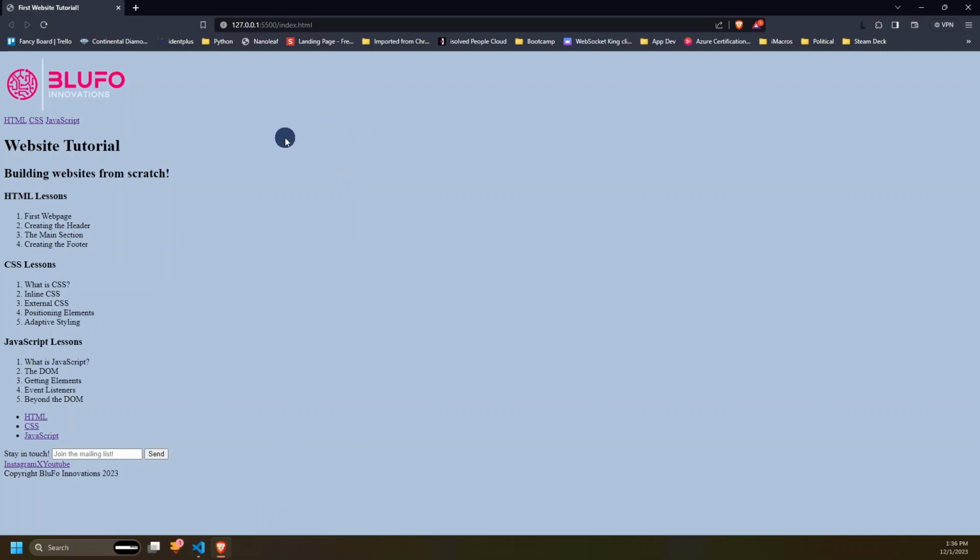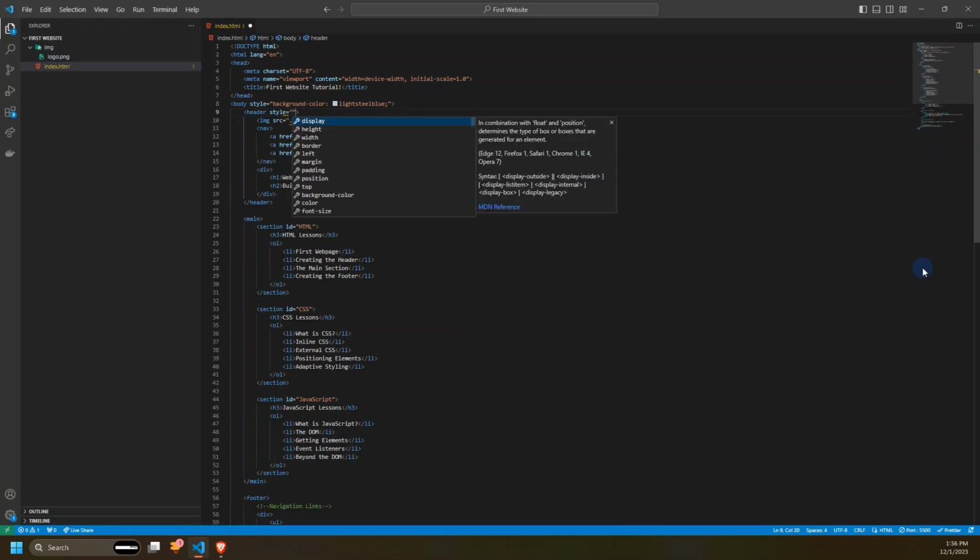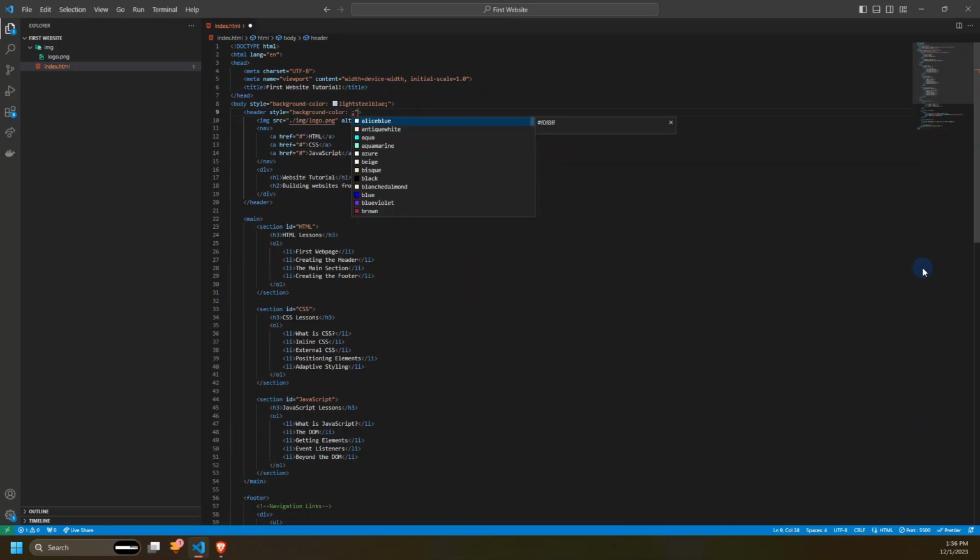So what do we want to do next? Well, I want my header here to really stand out from the rest of the page. So let's try changing the background color of just my header. We'll go back into our HTML document, and this time we're going to apply the style just to the header element. So again, I'll add a style attribute and the background color property, but this time I want to add a custom color. This time I want it to be that nice dark BluFo blue. So I'm going to add a value here,